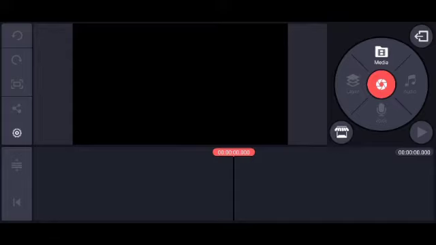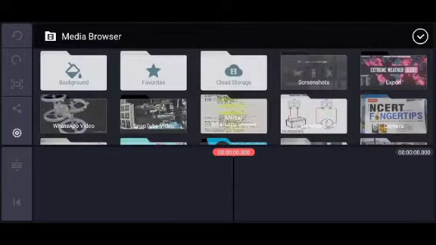But before using the KineMaster app, I advise you to take the video class before, a 20 minute video class. According to the video class, the requirement of pictures or any video clips, mostly pictures, video clips, GIFs, or whatever you want to add, you download before only. Okay, now look at the media and we will press on the media now. When we press the media, we will get this type of interface.